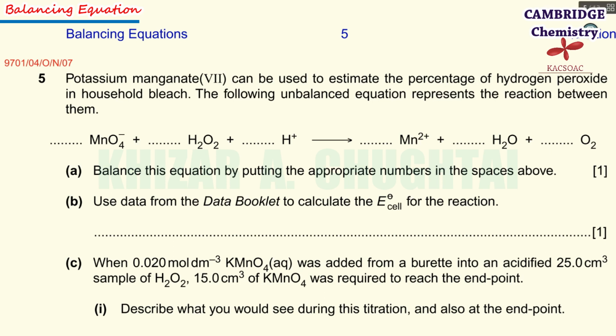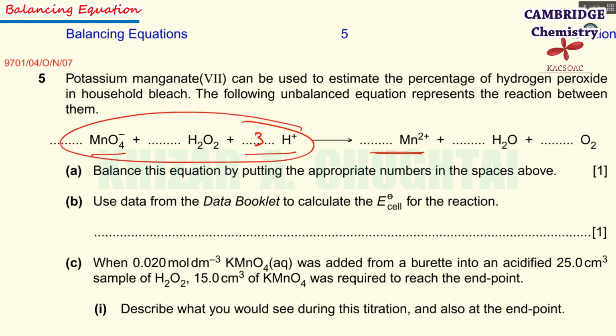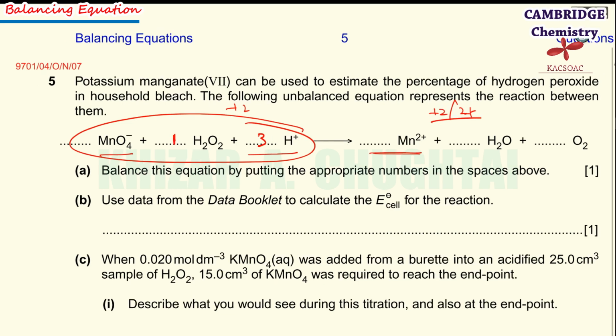Here are 2 positive ion on the right hand side, and here is a 1 positive, 1 negative on the left hand side. So I'm going to put 3 over here. Overall here are +2 on the left hand side and +2 or 2 plus. Both expressions are equally good on the right hand side. So let's suppose I have 1 over here. If I put 1 over here, 3 hydrogen plus 2 hydrogen, 5 hydrogen, then 5 by 2 H2O. Now come towards the oxygen now.